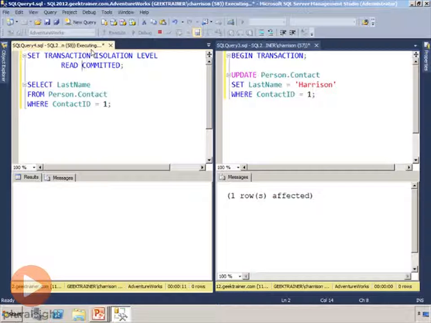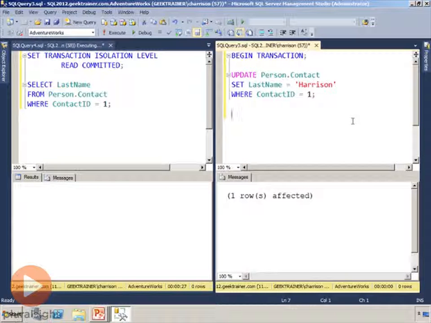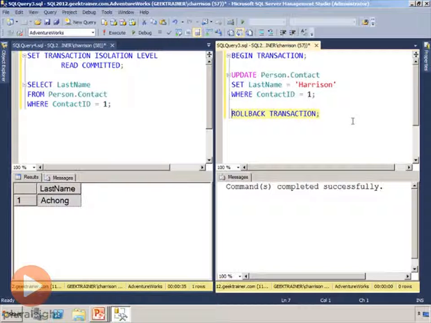data back. The reason for that is because the transaction on the right-hand side has locked that data, and we're honoring that exclusive lock. So if I came over to the right-hand side and said roll back transaction, let's just execute that. Now you're going to notice that we successfully rolled everything back, and the transaction on the left-hand side was able to complete, and it gave us that value back of